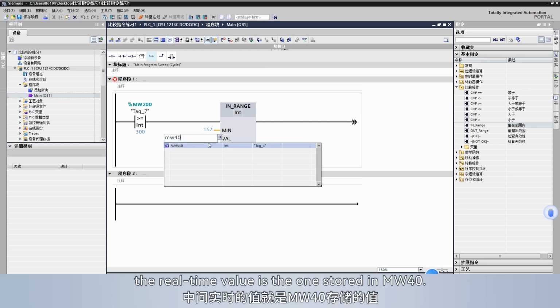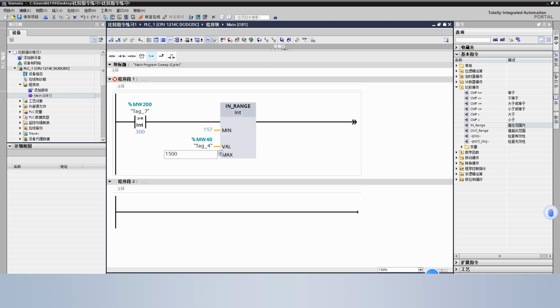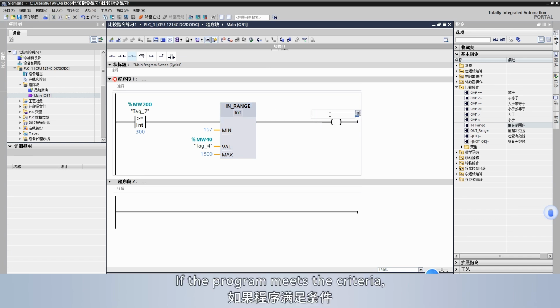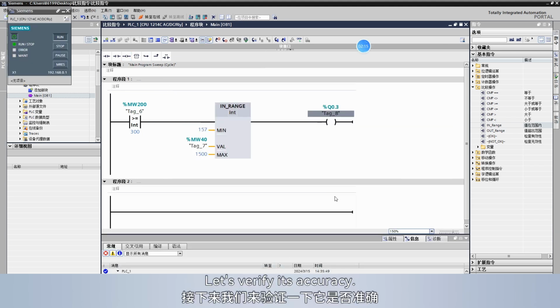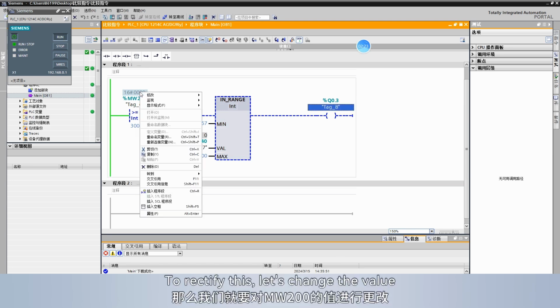The real-time value is the one stored in MW40. If the program meets the criteria, Q0.3 will output. Let's verify its accuracy. Through the software, it's evident that the program is not successfully connected at this point. To rectify this,